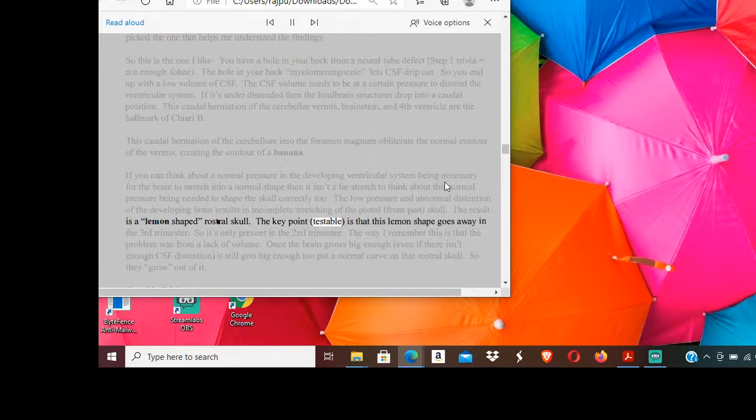The key point, testable, is that this lemon shape goes away in the third trimester. So it's only present in the second trimester. The way I remember this is that the problem was from a lack of volume. Once the brain grows big enough, even if there isn't enough CSF distension, it still gets